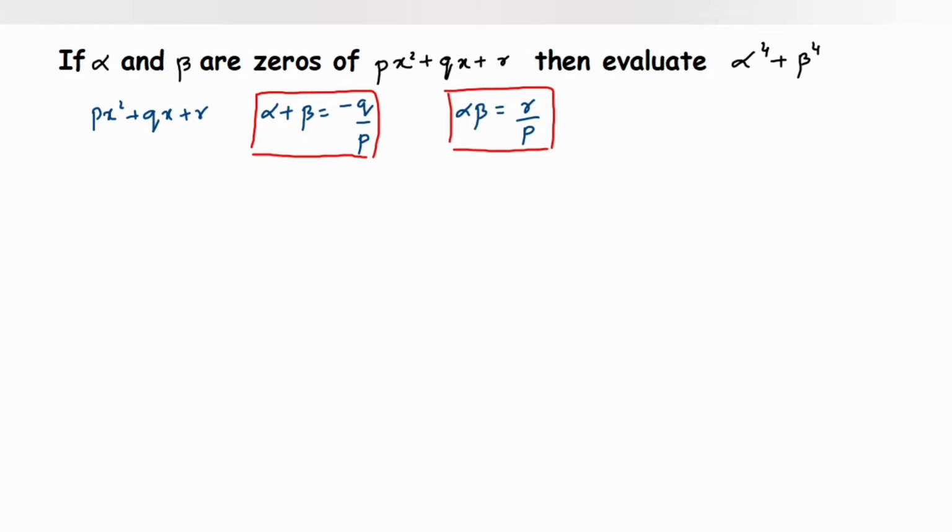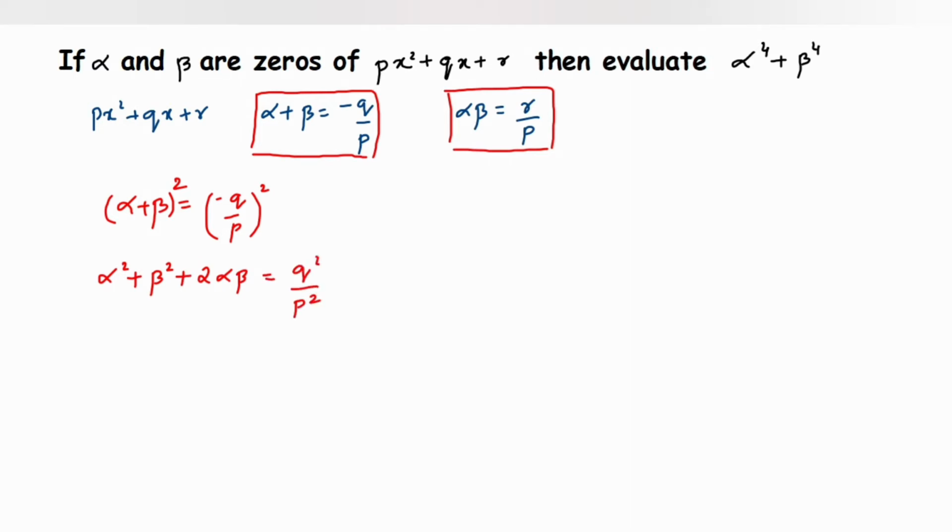So we know that alpha plus beta is equal to minus q upon p. What we'll do is square both sides, that is, alpha plus beta whole square, and we're going to find that out first. So minus q upon p whole square. Alpha plus beta whole square is like a plus b whole square. So this is alpha square plus beta square plus 2 into alpha beta is equal to q square upon p